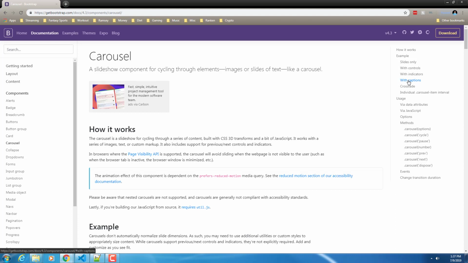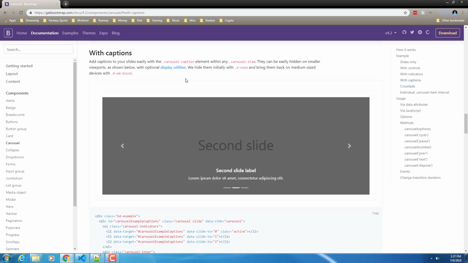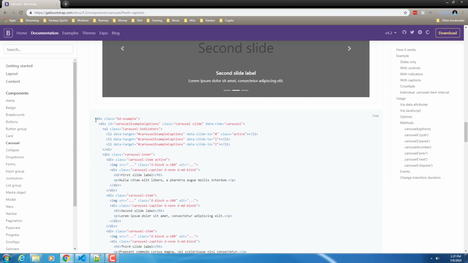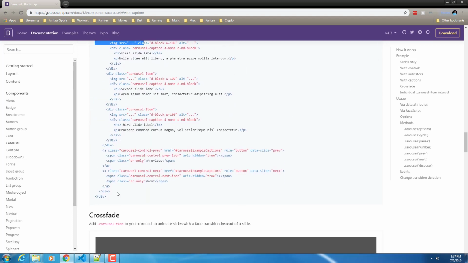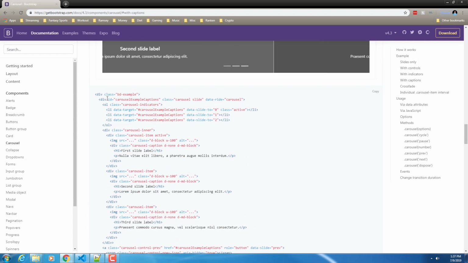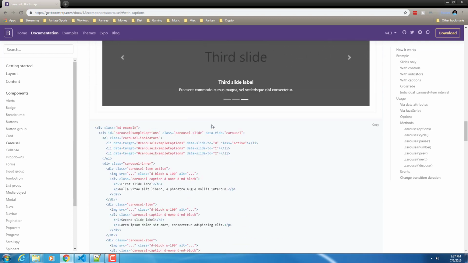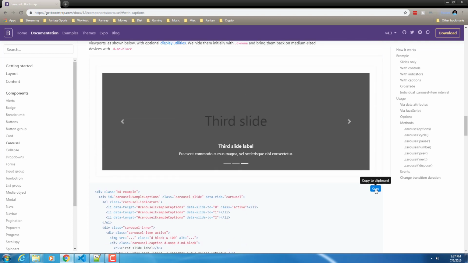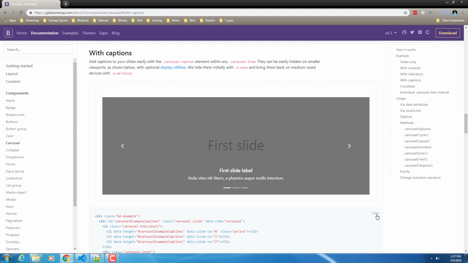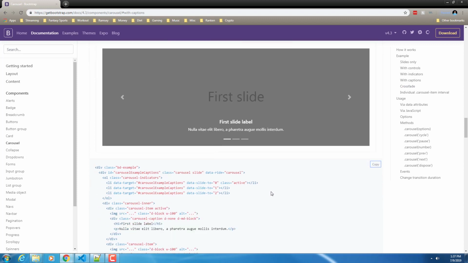I happen to know that we're using a carousel with captions. So I'm going to click on this right-hand side. I'm going to click carousel with captions. Okay? It brings us down to this code chunk. And you'll notice this code chunk is pretty long. It's a good sized code chunk. I'm going to go ahead and just copy this to the clipboard. So again, carousel with captions, copy this to the clipboard,